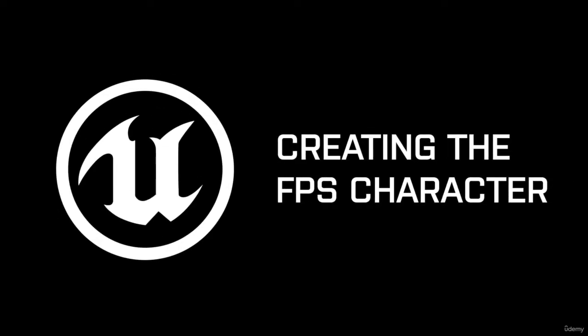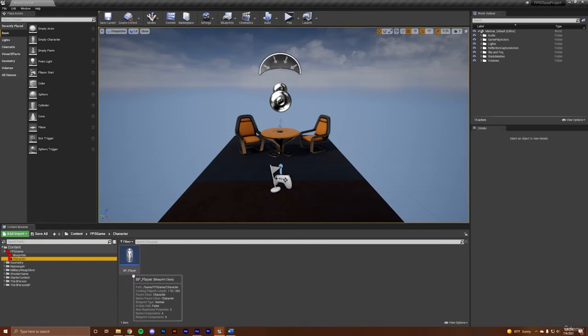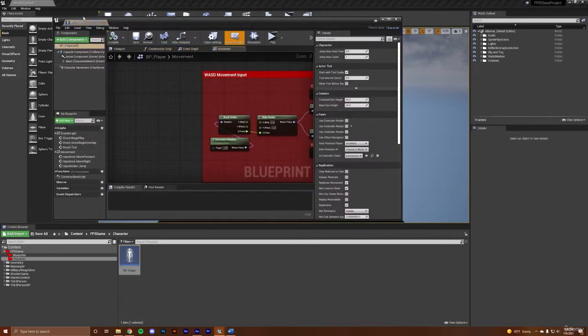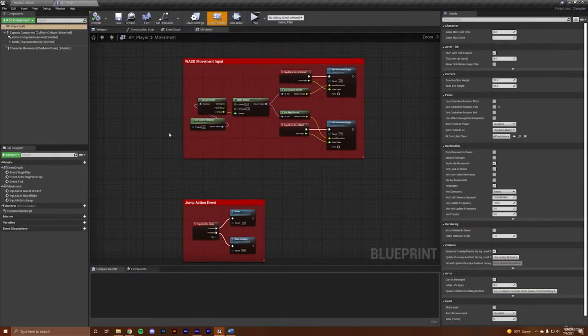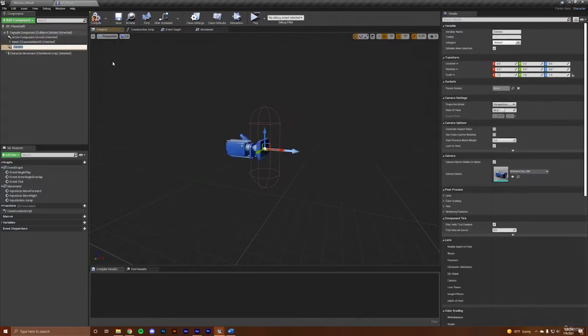In this one we are going to be continuing on and we will be setting up our first person character. So if you have our project open, go ahead and under FPS game character, let's open up the blueprint of BP player, drag it across the top if it already isn't, and we're going to be messing around in the viewport. So with our character selected, we're going to add a component and we're going to add a camera,